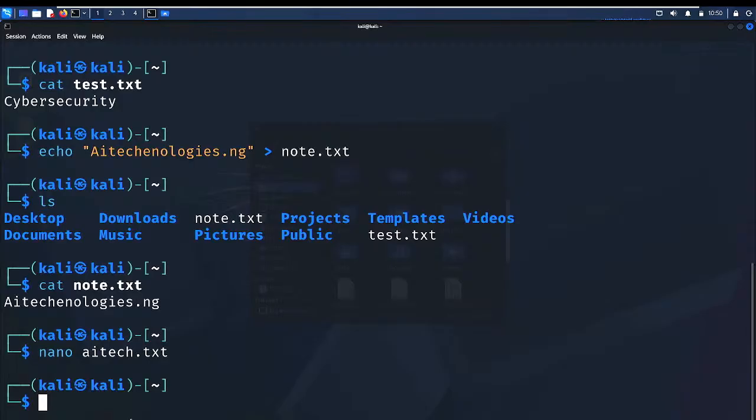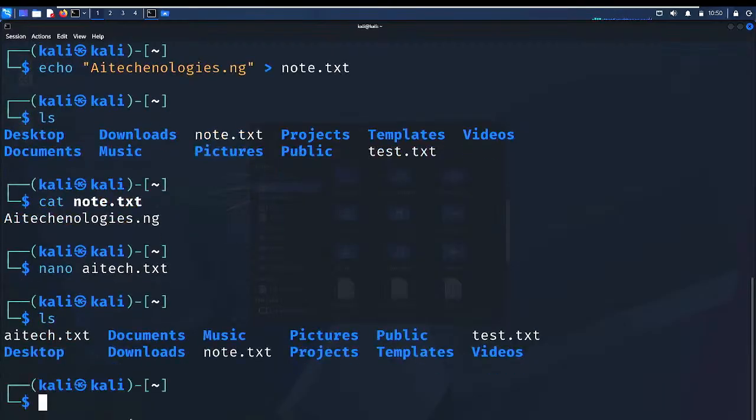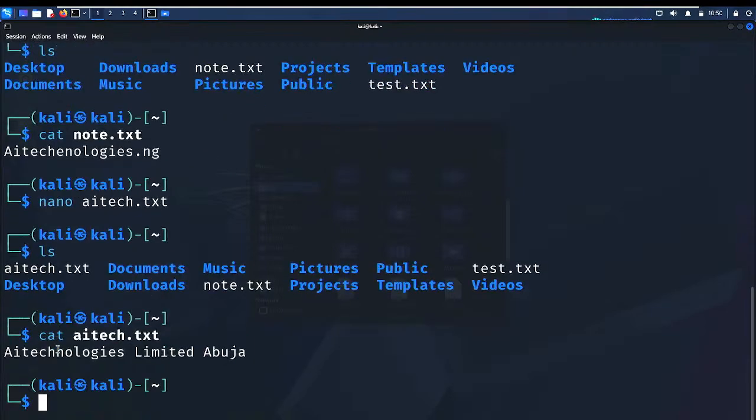I'm just trying to do something interesting today. All right. Then that's it. If I list it now, the file is there, aitech.txt. So if I cat it, is it clear? Okay.